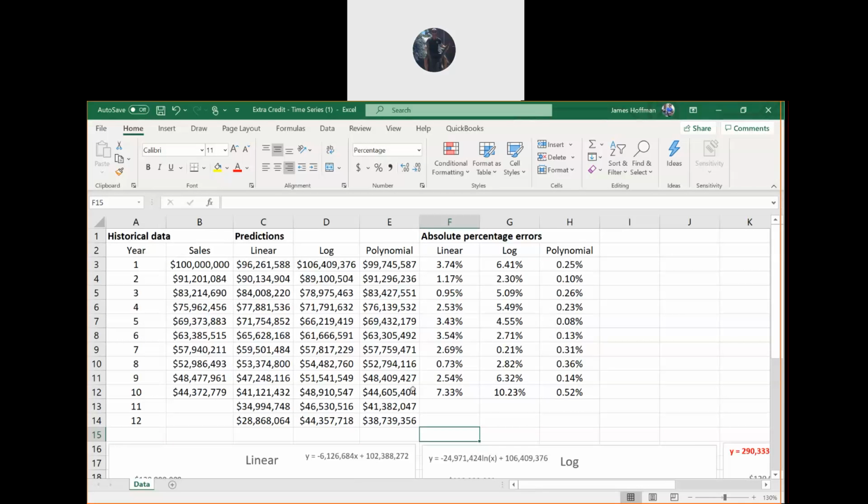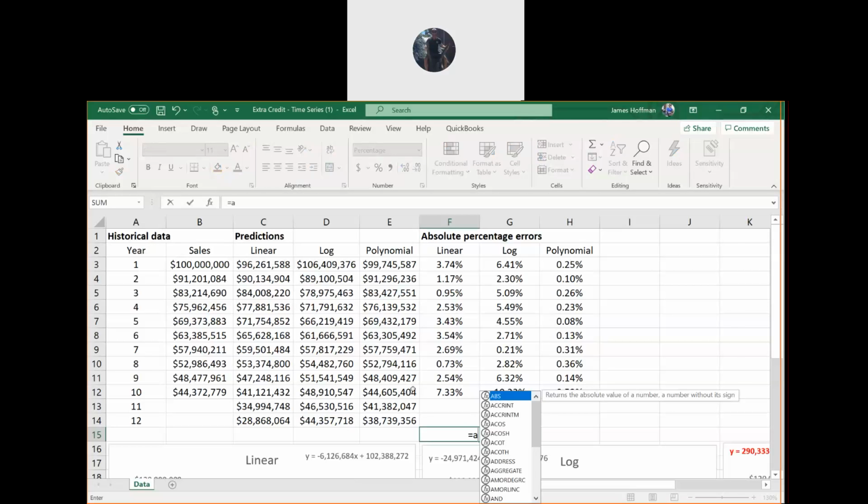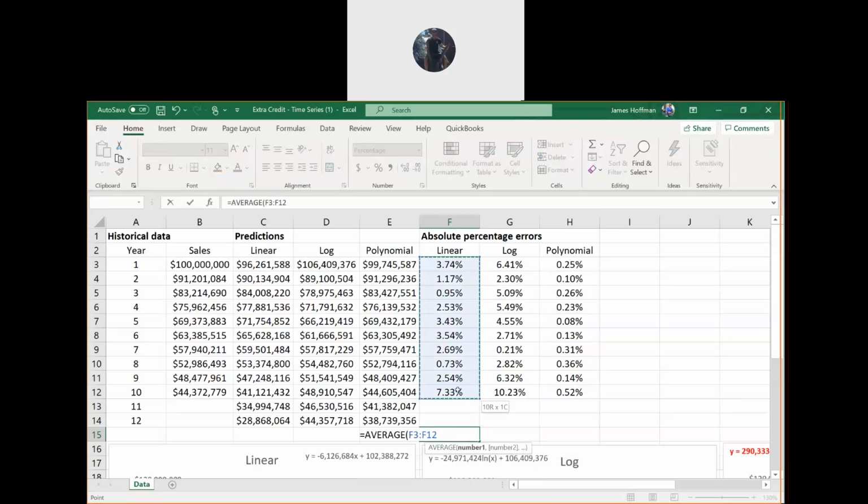Just get the average of the linear. So in F15 equals average of F3 to F12. So the average of all the linear APEs, and then enter. And then you can just grab the bottom right corner of F15 and drag it across to G15 and H15.